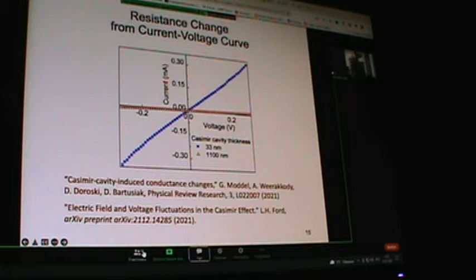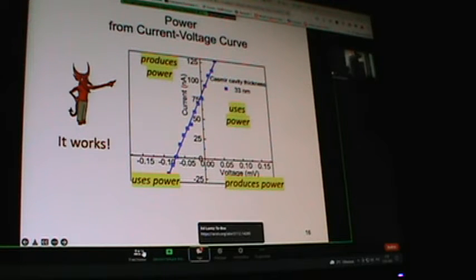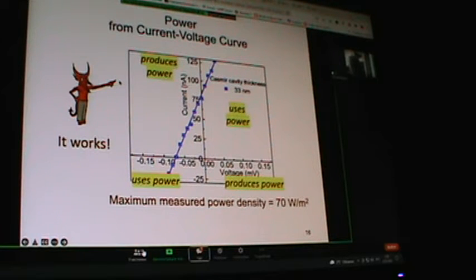What happens if we look right in here in this region for the very low voltage and very low current? Well, if we do that, we find the strange and intriguing result that the curve does not pass through the origin. If it doesn't pass through the origin, that means it's either using power or producing power. In our case, it's producing power. Solar cells normally operate in the first quadrant. Our devices operate in the third quadrant, which is also a power production quadrant. So we actually are producing power in these devices. And the power is substantial. For some of our better devices, we get about 70 watts per square meter. Now, I have to add the caveat that these are very small devices, so we've not yet made large area